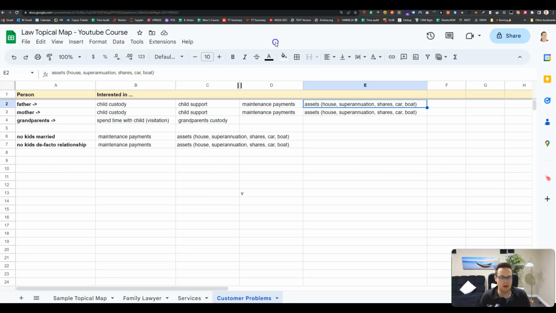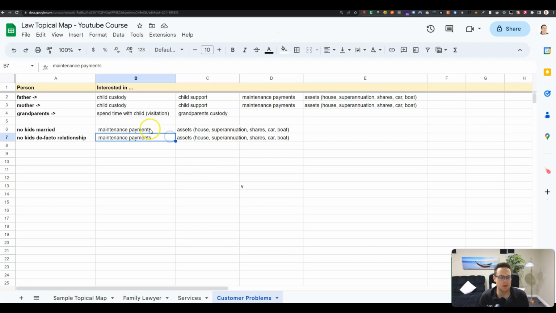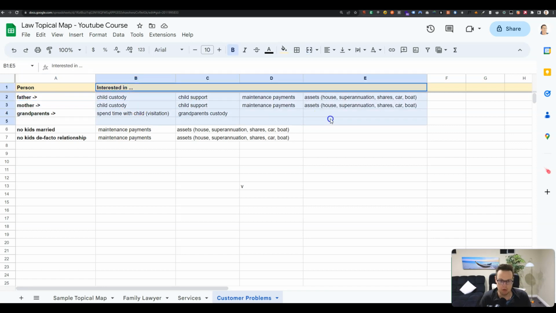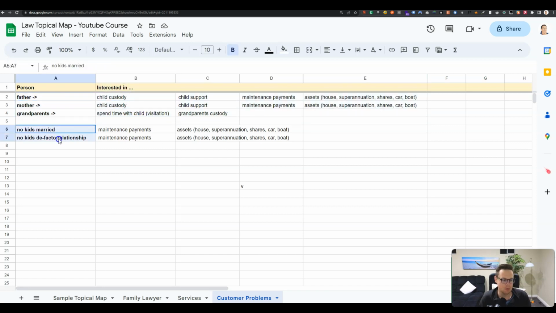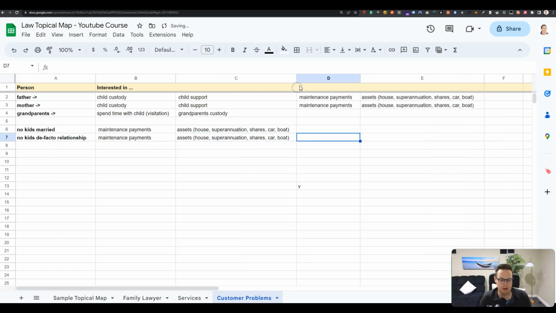So we're coming to the end of our third lesson here about the topical maps. In this lesson, we have covered the research approach by looking at the different angles on the team side of things, in this case for the family lawyers, and looking at the problems that the clients or customers have. We've broken it down into father, mother, and grandparents, and what they might be interested in, and then also people who are married with no kids, and people who have no kids and are in a de facto relationship, and each one of them would be interested in separate things, which will be quite important